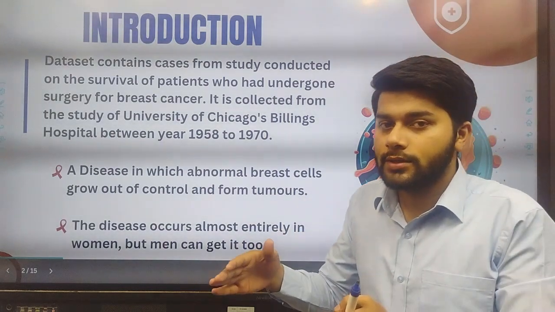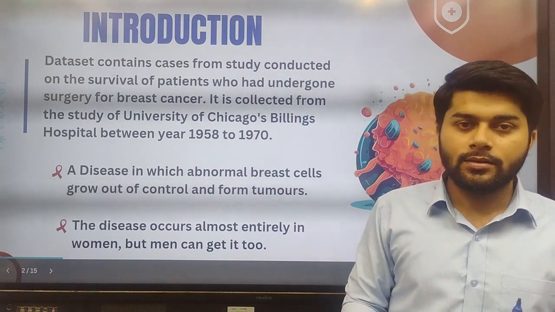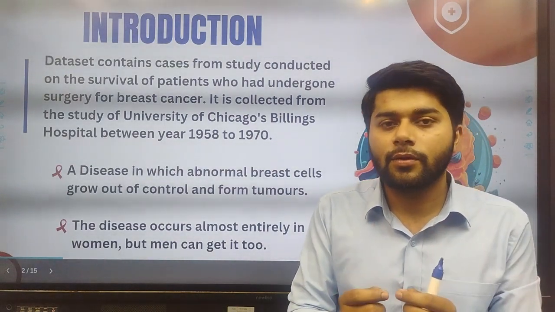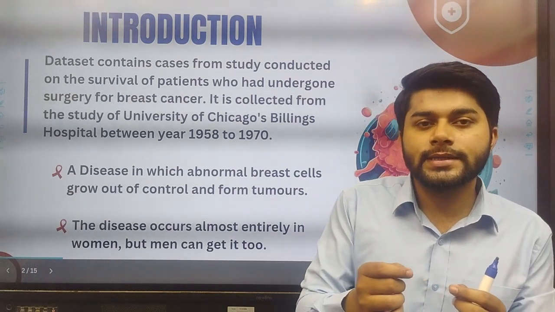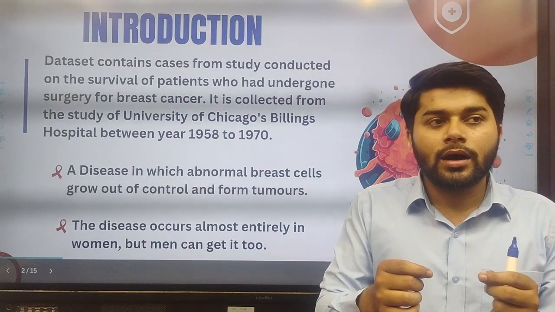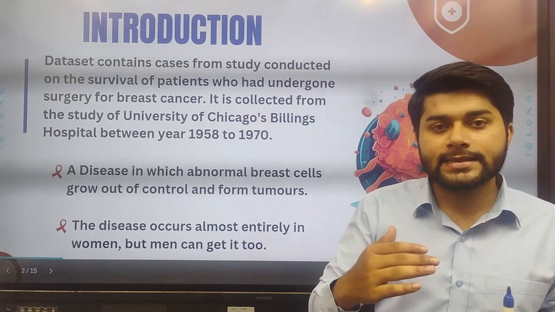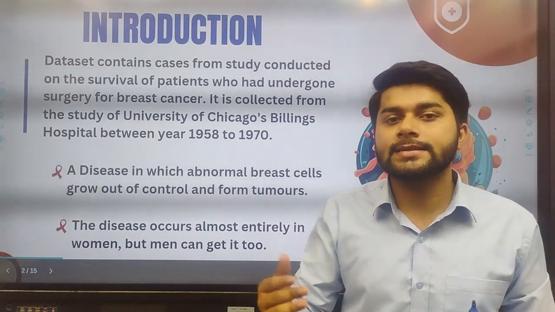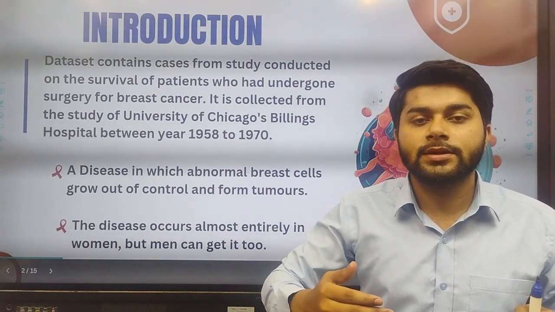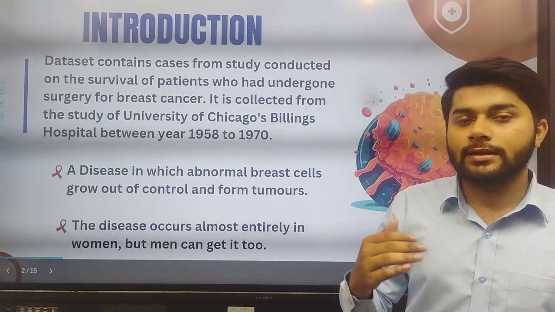Before diving into the presentation, let's first discuss what breast cancer is. Normally, cells get information from their DNA about the rate at which they have to grow. But an abnormal cell grows out of control and forms a tumor, and that cell converts into a cancerous cell. If it is in the region of the breast or armpit, or sometimes under the neck also, we can say